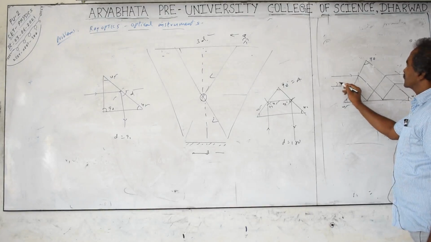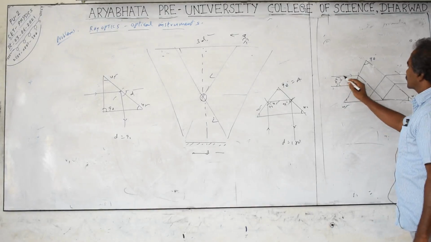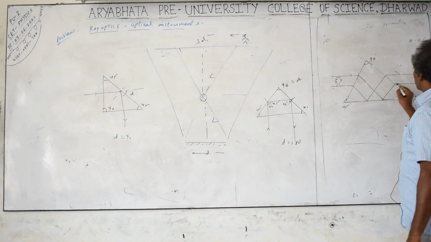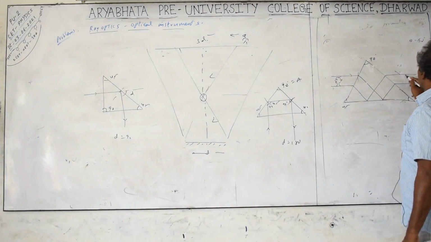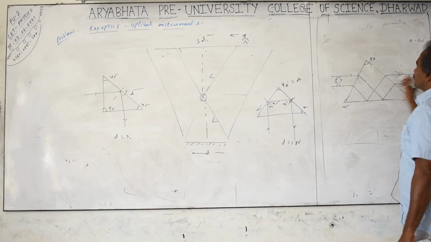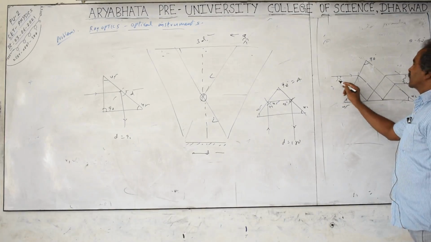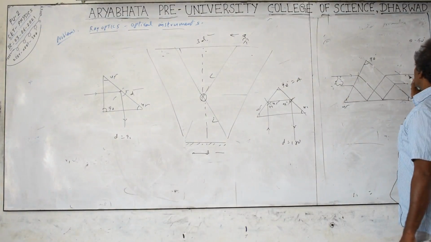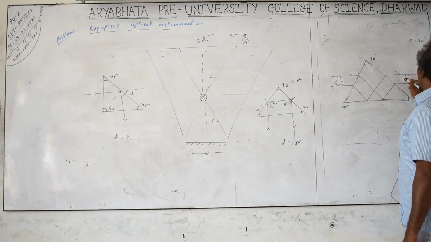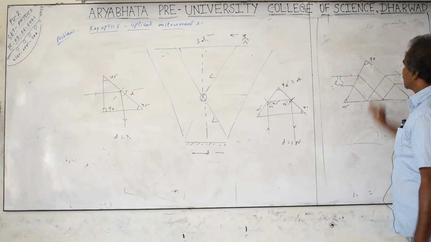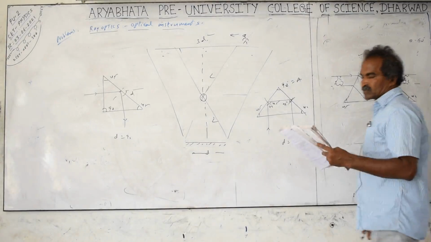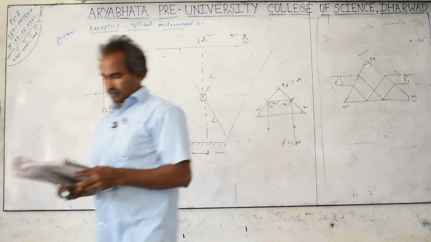If the tree is like this, image forming, this is a top end coming here, top end becomes a down, means an inverted image comes. If the image is already inverted, then you can make it an erect image. So an inverted image can be made erect with the help of these prisms. One more diagram is also given, just go through that.